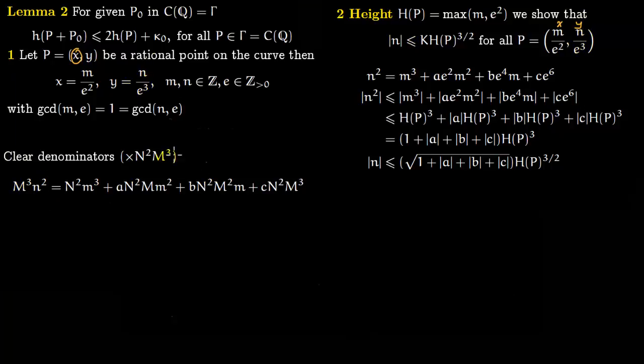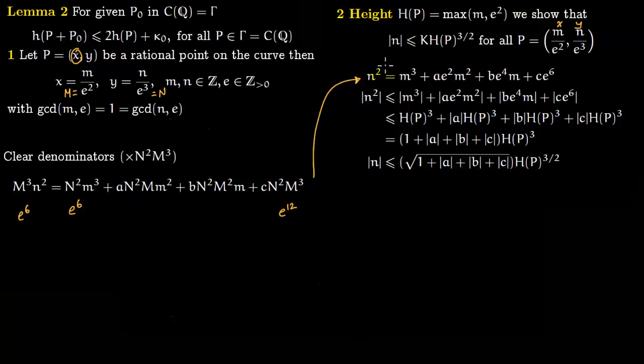So first notice that once we cleared the denominators in the previous slide, we had a term like this, and you know that this is capital M and capital N was E cube. So M cube is E6 and N square is also E6. So now you can multiply this throughout and you will get E12 here. Then you cancel out E6. You will get this term here by cancelling out E6. Anyway, it is non-zero, so you can cancel it out. So you will get this term. So obviously there is some e's here also, here also. So here you will get some e will remain b e4 m, and here you will get a e square m